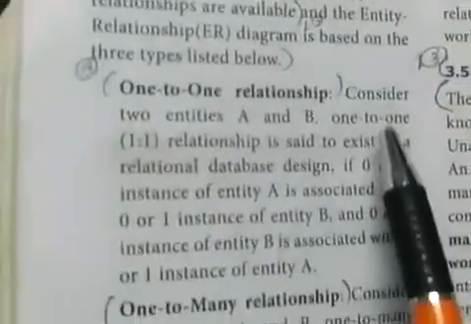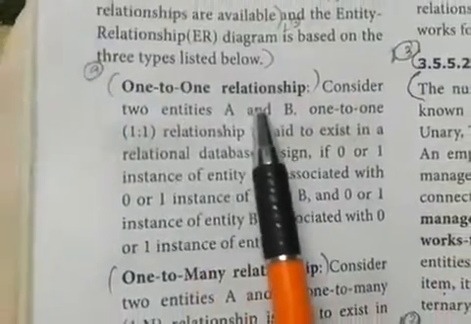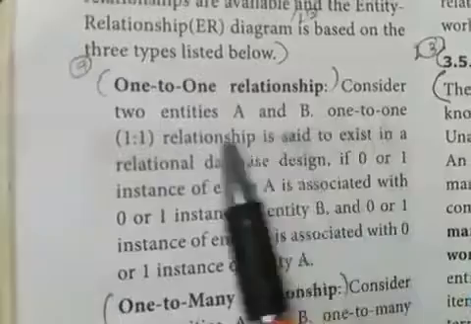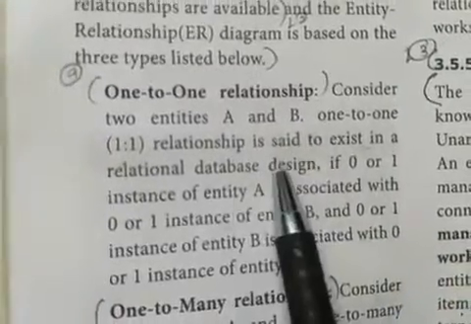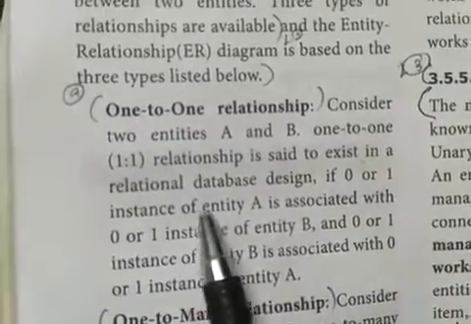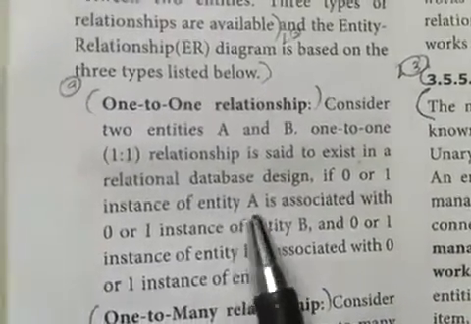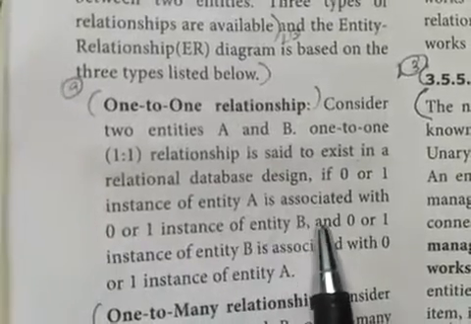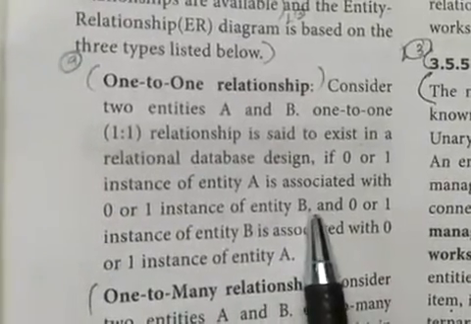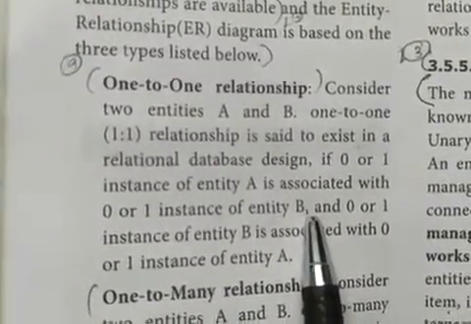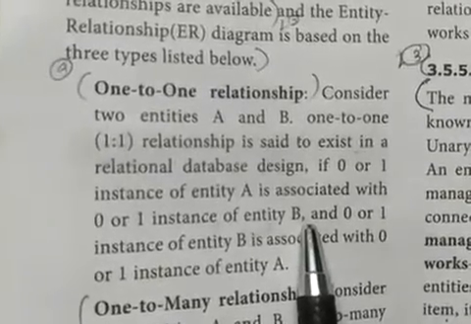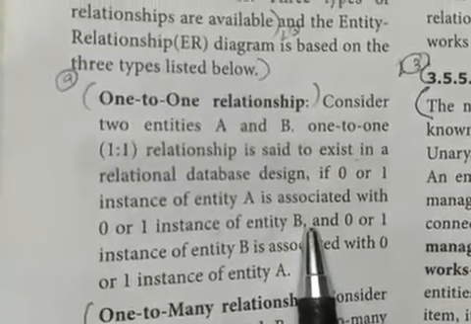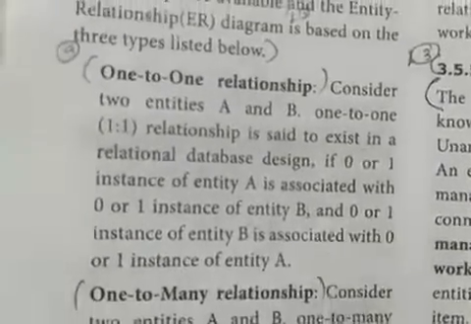See here, in your book they have given: consider two entities A and B. A one-to-one relationship is said to exist in the relational table if one instance of entity A is associated with only one instance of entity B. So one entity must be related with one entity alone in the other table. This is said to be a one-to-one relationship. And the next one we are going to see is